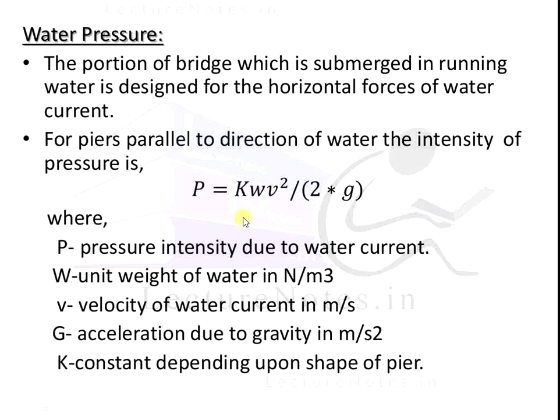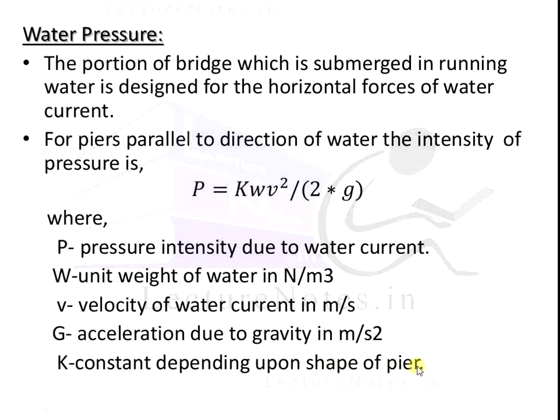For calculating the water pressure on piers parallel to the direction of the water current, we have to use the formula P is equal to kWV square upon 2G, where P is the pressure intensity due to water current, W is the unit weight of water in Newton per meter cube, V is the velocity of water current in meter per second, G is the acceleration due to gravity in meter per second square,